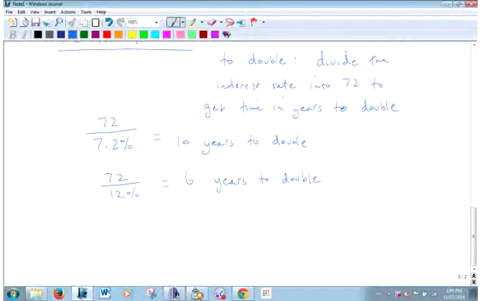Same thing if they give you the time to double. I want to double my money in, I don't know, I'm going to be safe, 12 years. Well, just divide it into